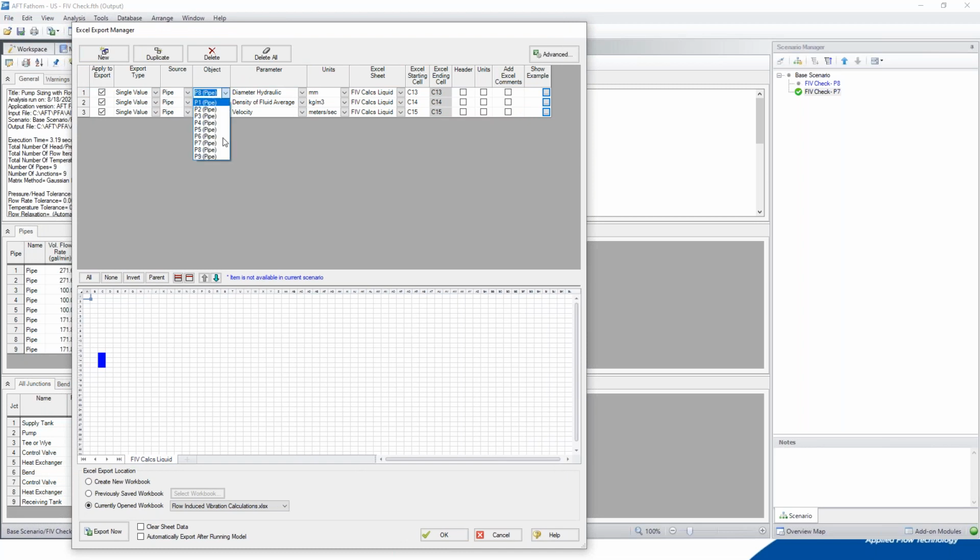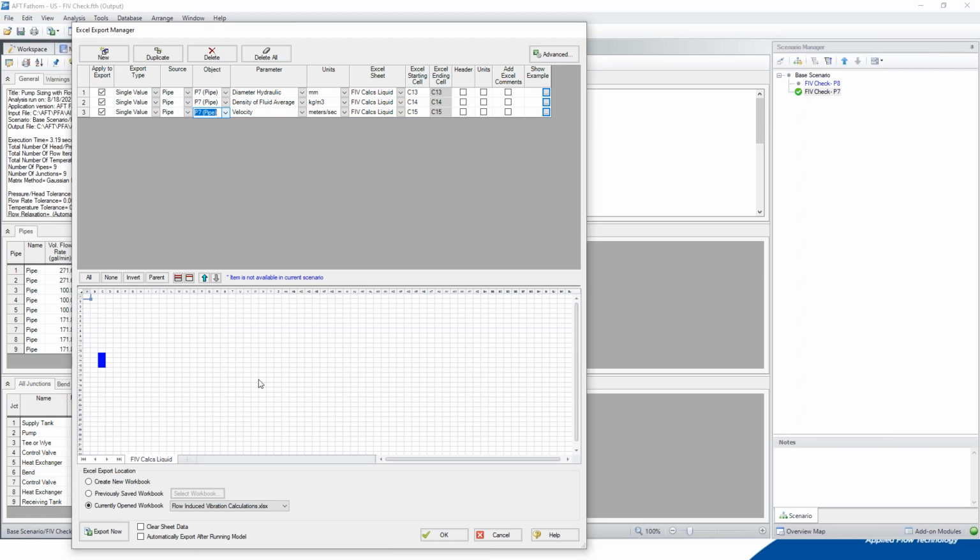We're going to examine here. We export the diameter, the density of the fluid, the velocity, the same units, same cells in the spreadsheet.